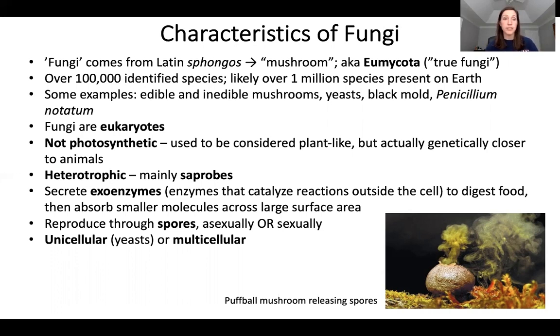Again, fungi are eukaryotes. They are also heterotrophs, so they do not make their own food. For a significant period of history, fungi were grouped in with plants. They are considered to be sort of plant-like, and that makes sense because they grow out of the ground, right? Mushrooms especially. So they sort of appear to act like plants, but they're really not closely related to plants at all. In fact, as we saw in our phylogenetic tree of protists in the last lecture, fungi are actually genetically more closely related to animals than they are to plants.